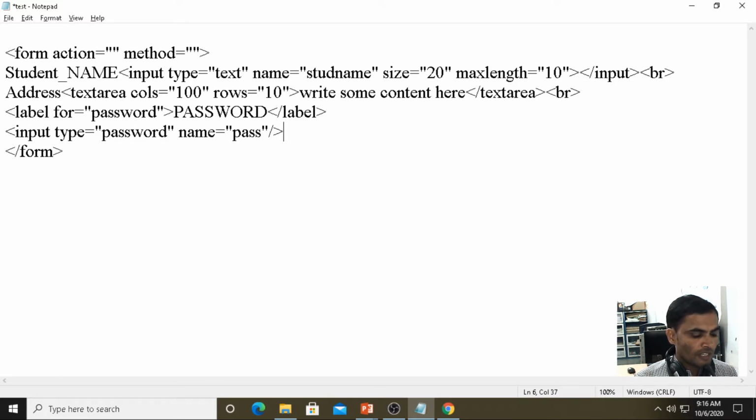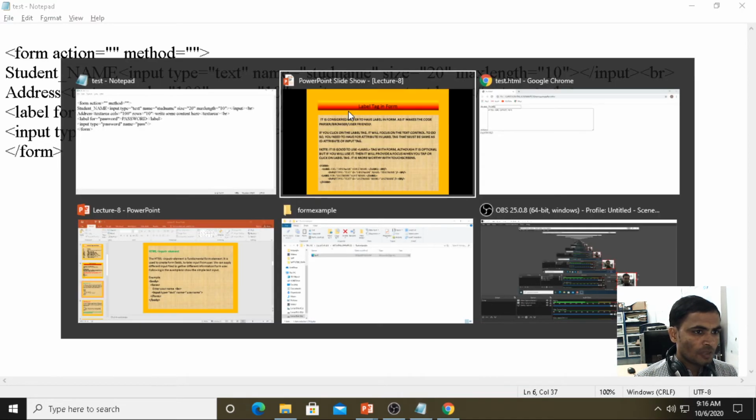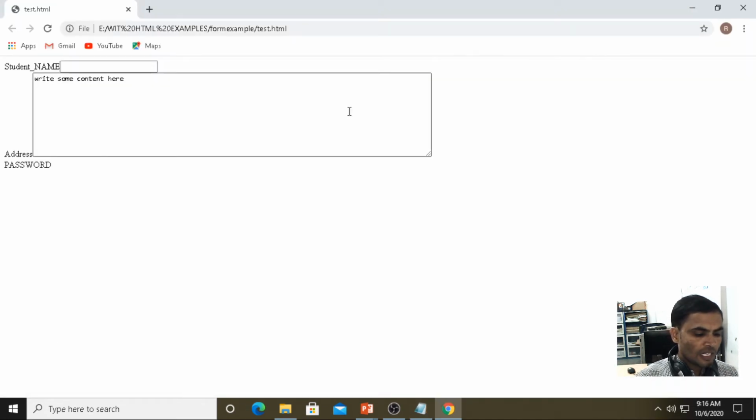Then I am closing the input tag. Press F5. Then it is a password. It will take the format, when you are giving input, see here, as dotted lines or asterisks. By default it will take dotted lines.